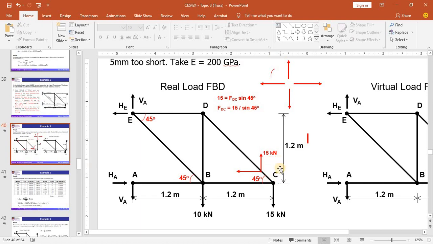Let's check the horizontal direction. To get the internal force in member BC, you need to check how many forces are acting in the horizontal direction at joint C. Due to the direction of the component, 15 kN upwards, that you identified based on the vertical direction.